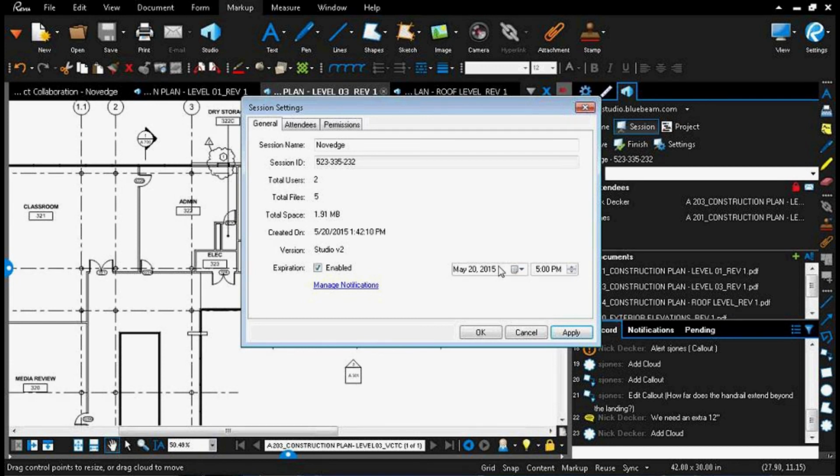They will get notifications saying the deadline is set, please finish your stuff, and then they will get follow-up notifications in their inbox saying you have 7 days left, you have 48 hours left, you have 24 hours left, whatever it may be. So they know exactly when they can get their work done. And I don't have to be in the room or in the session logged in for them to come in